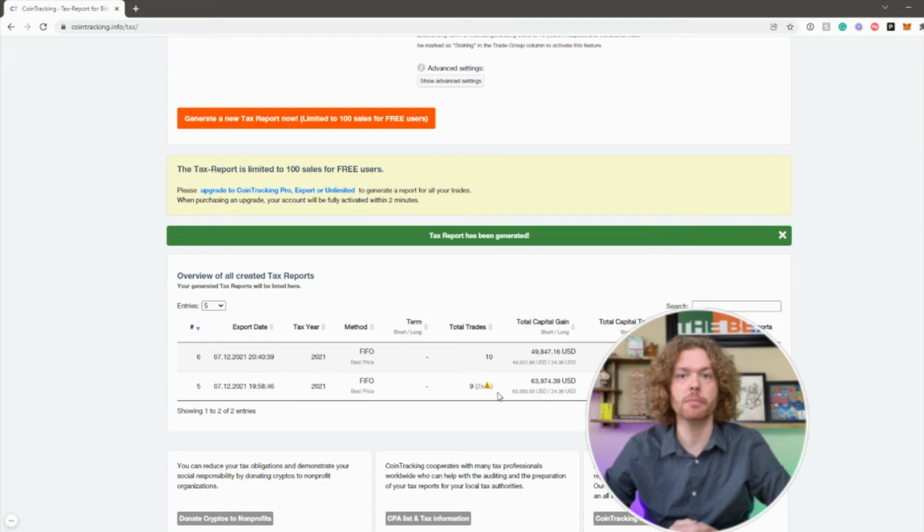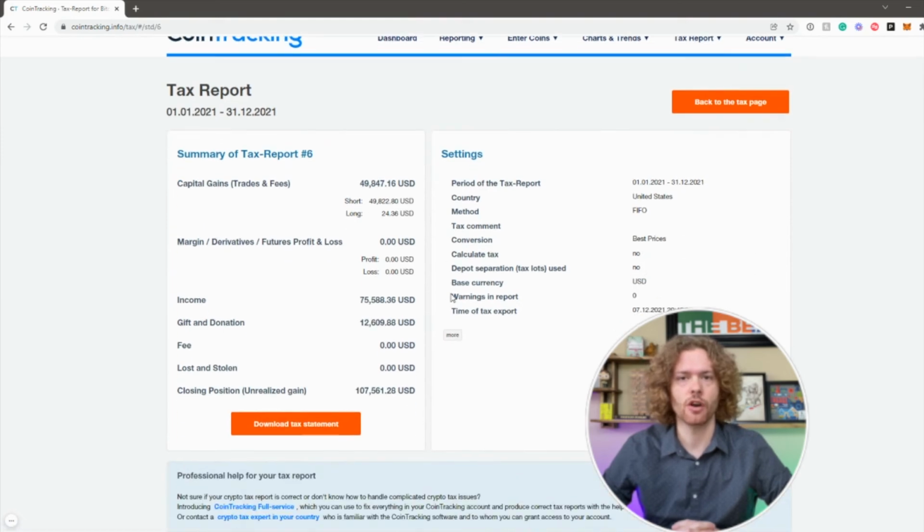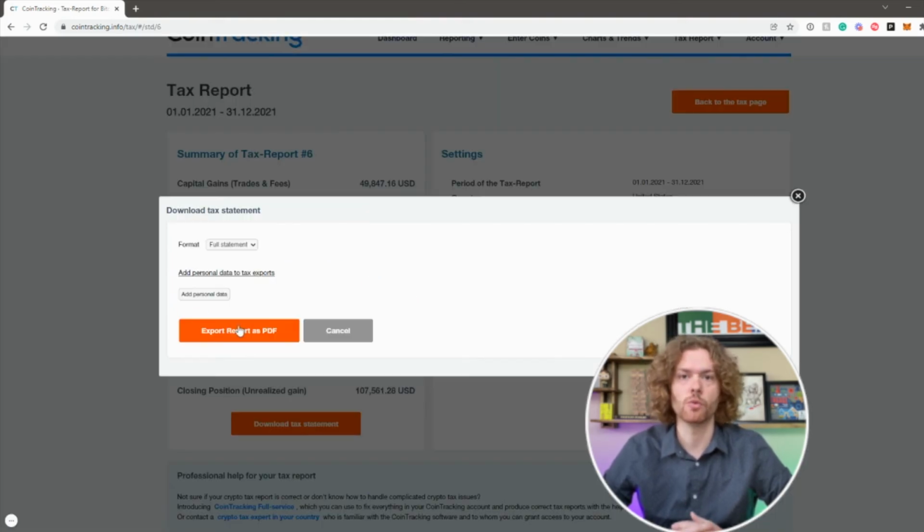Before you download your report, keep an eye out for any exclamation marks next to your report. This means that something is off on the report. One example of something wrong might be that you showed a sale of a crypto asset but don't have a corresponding purchase. So unless you tell Cointracking how you earned it and how you acquired it, it's going to assume that you had zero cost basis on that asset and you'll pay 100% gain. So keep an eye out for warnings like this because they're likely costing you tax money. Again, this is why it's so important to have everything in one place. Once all the exclamation points are gone and you've corrected any errors, you can rerun the report and download the